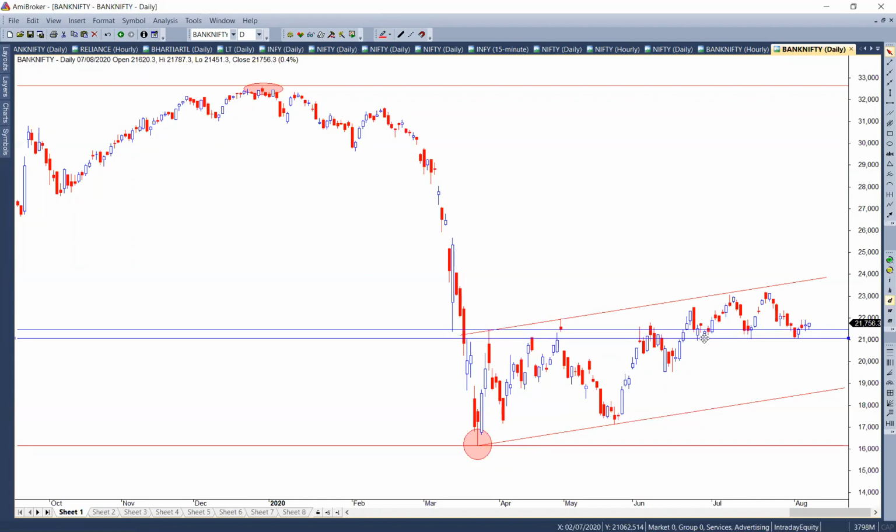I simply connected these lows that you can see here. Let me highlight this for you. These are important lows over here. That's why I've drawn a blue horizontal line at the lows, and one more blue horizontal line because this is the highest point.